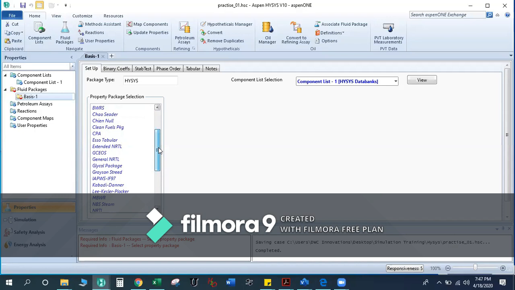So for different applications, researchers have developed so many methods and they have listed all those in HYSYS or any simulator. They have listed down the property packages. You can select the one that is best suitable for your application.